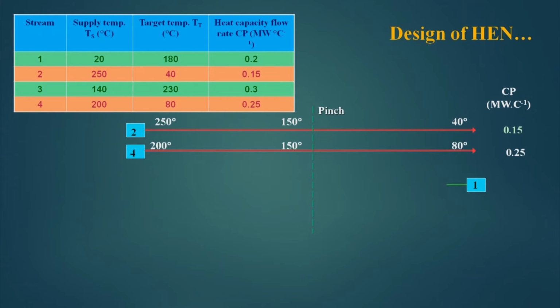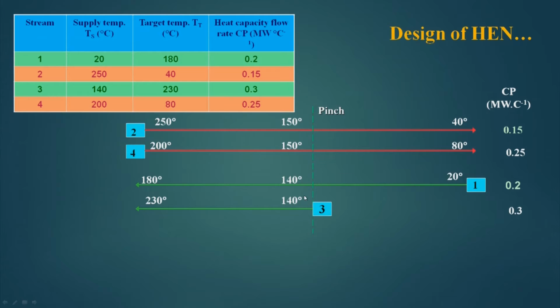Then cold stream 1 goes from 20 degree to 180 degree. The cold pinch temperature is 140 degree. Cp value is 0.2. And the third stream starts from pinch temperature and goes up to 230 degree centigrade, and Cp value is 0.3. So, here we see that in the hot end there are 4 process streams plus 1 hot